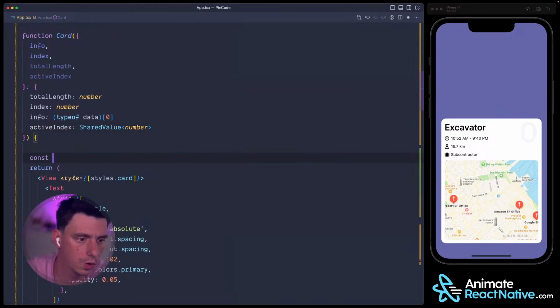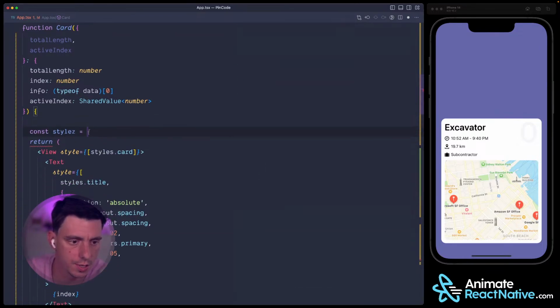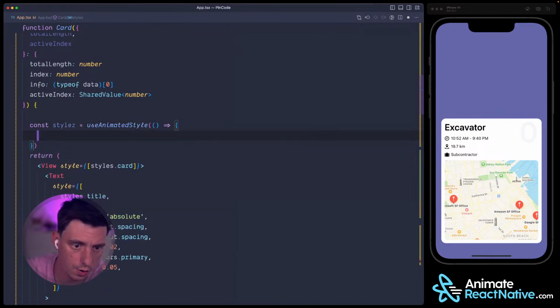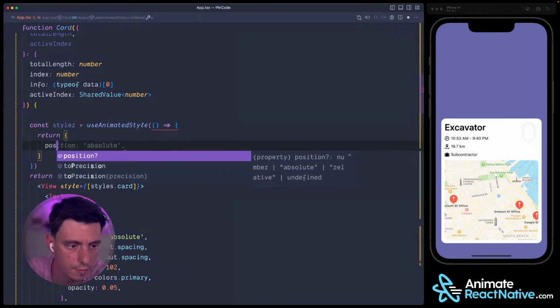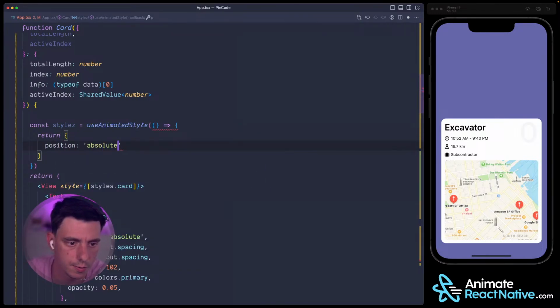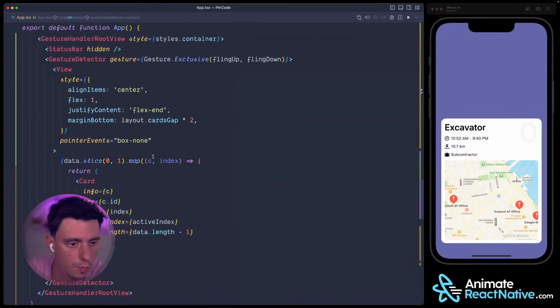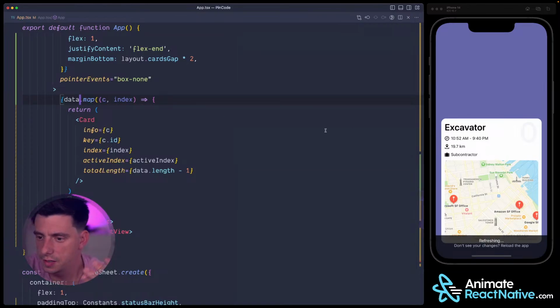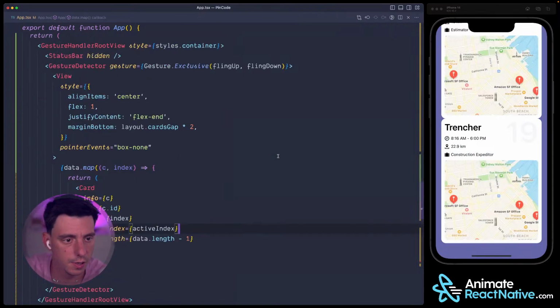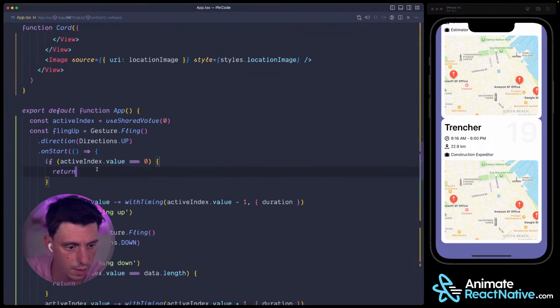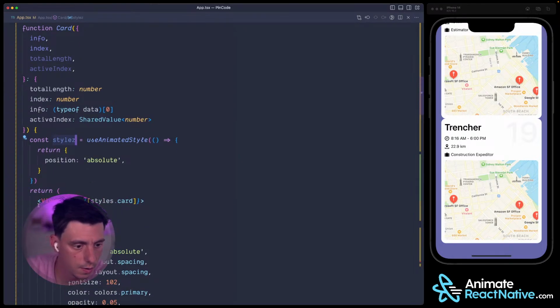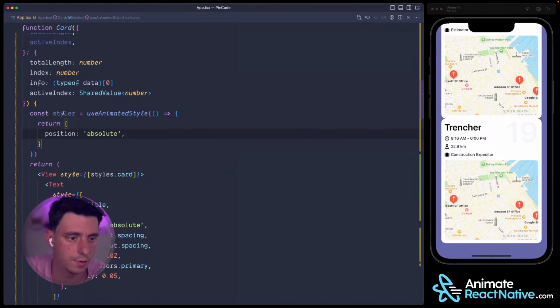Okay, so we are going to have here styles, which is use animated style, and we are going to return something. And first of all, I would like to position everything absolute, right? So if I go back to this slice and display everything here, you'll see in a minute the position absolute. Okay, so we are going to display however many items we have, and we also need to apply